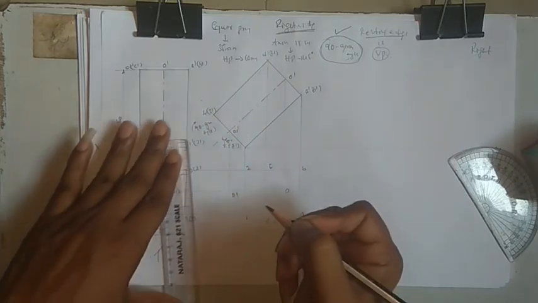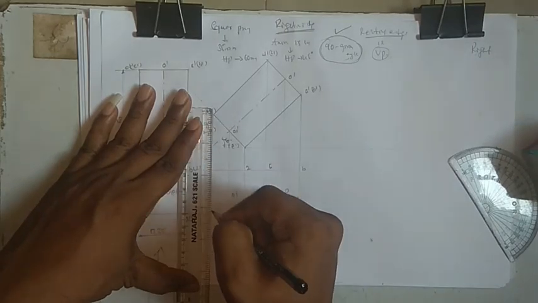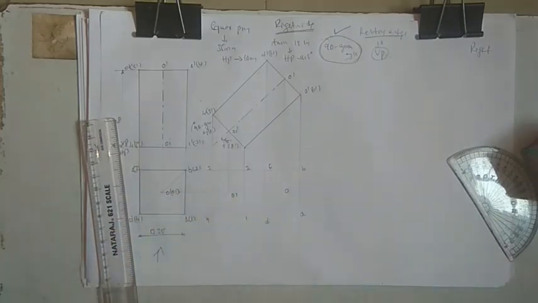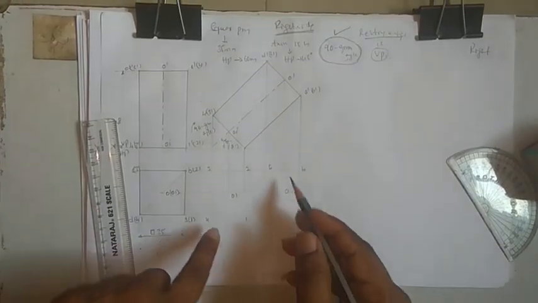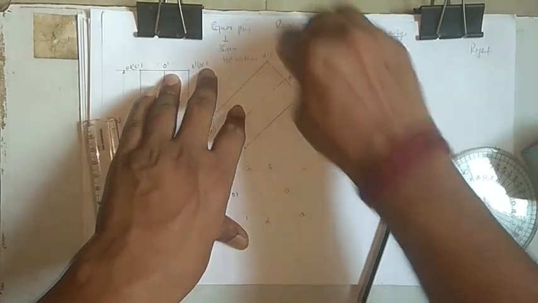This is O1 and this is a 4 and a 3. This is 3. This is a 4. Okay, so like this. Once you take the projection, wherever they intersect, just make sure that you drop the lines there. Okay, so now once this one is done, just for the time being, I will erase this image.